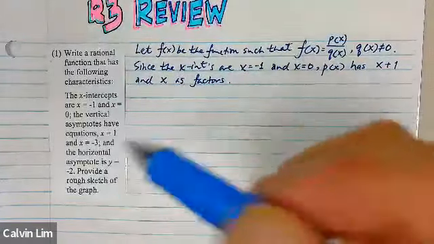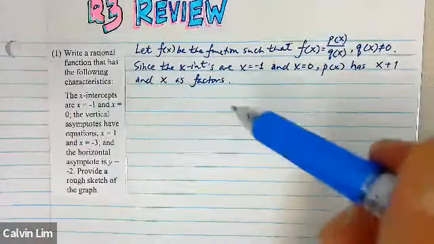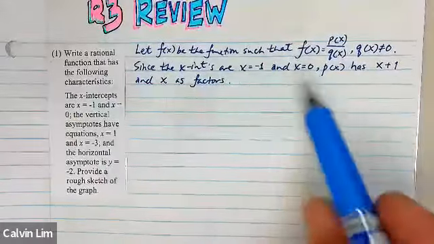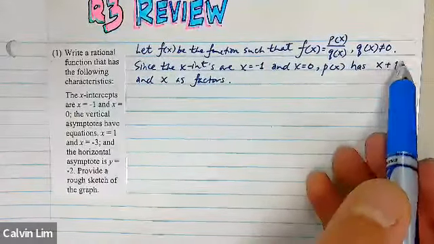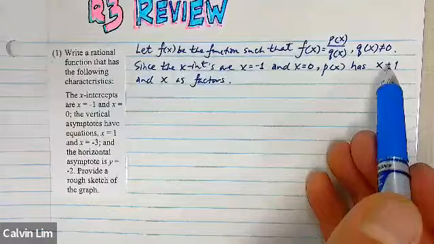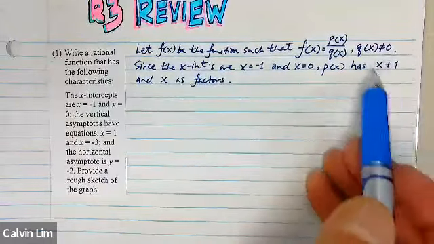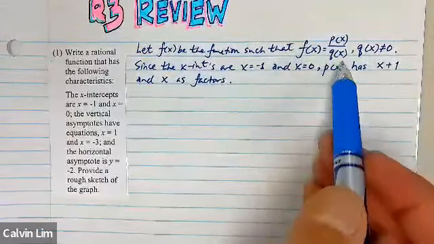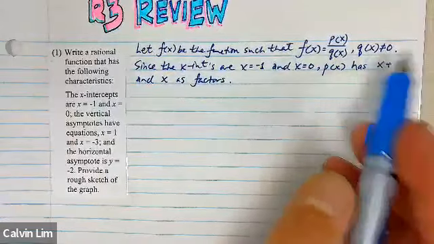Okay, so if you don't see any explicit instructions, I want you to use the lowest degree for the factors, or the lowest overall degree for P of x and Q of x. Okay. Now,